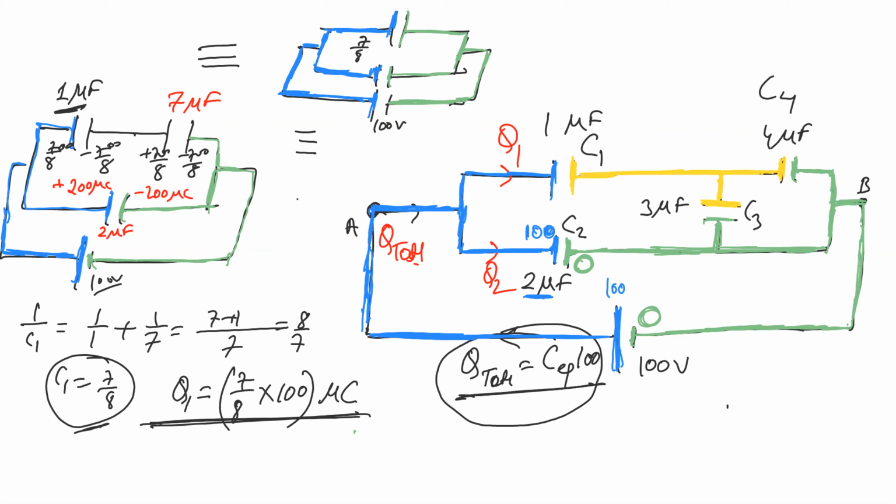Yellow is one potential. So you can see that C3 and C4 are connected in which combination? They are connected in parallel combination. So that's what we got, 7. Right? That is what we have drawn here, 7. 4 plus 3, 7. Once we have redrawn the diagram, now 7 and 1 will be in series. So we calculated 7 by 8. That is one branch. The other branch, C2, is directly connected across the battery. So it has nothing to do with C1, C4, C3.